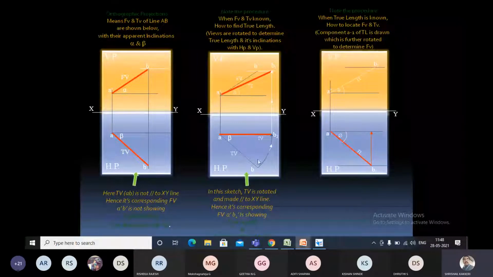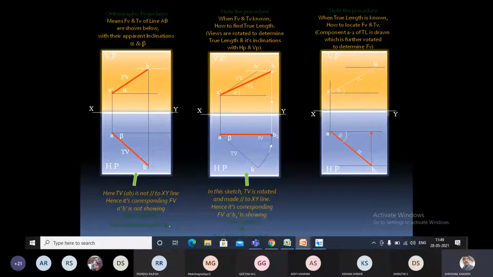First, I am going to draw the arc. If the true length is given, and from the true length I want to find the apparent length, first you draw the straight line. Please understand the differences. If the apparent length is given, and from that I want to find the true length, first you draw the arc, then you project it. For example, if you make a mistake and project only up to here, this length will definitely be lesser. The true length will never be lesser than the apparent length, so in the beginning you have to take the arc for the apparent length.